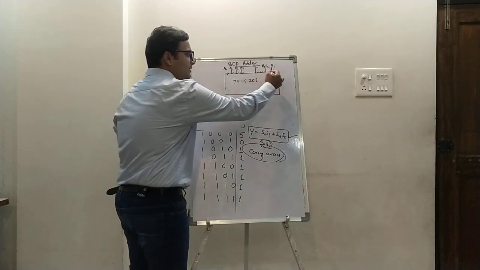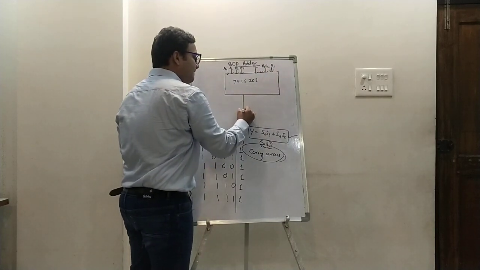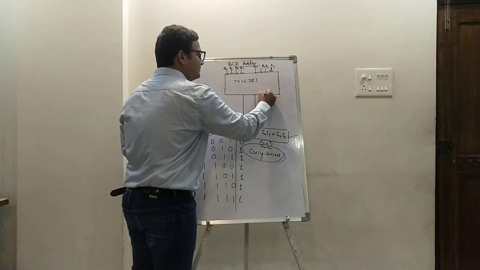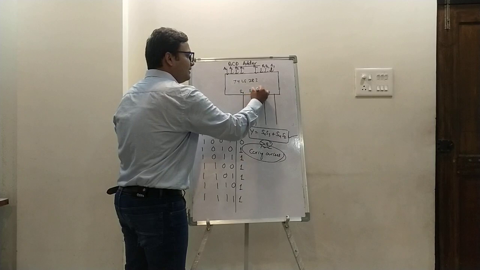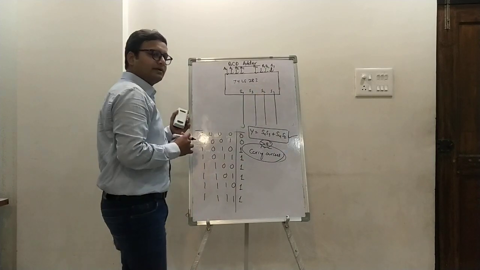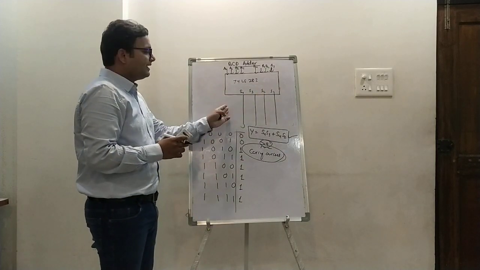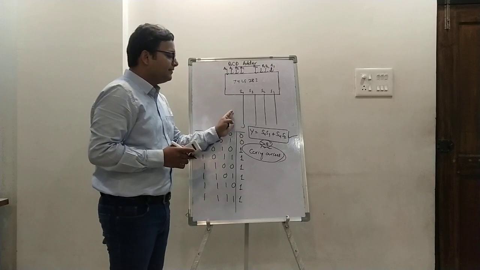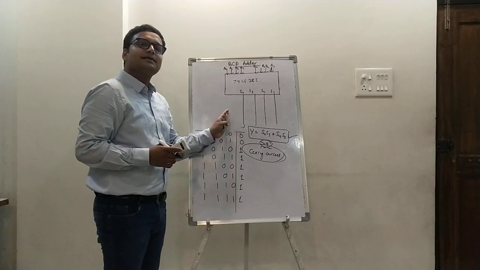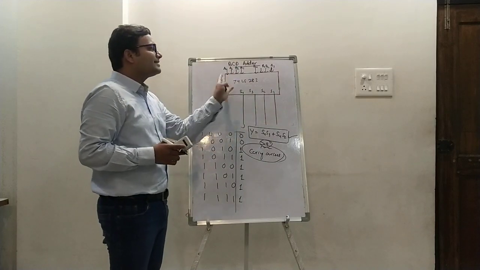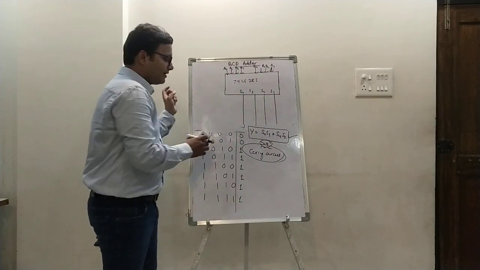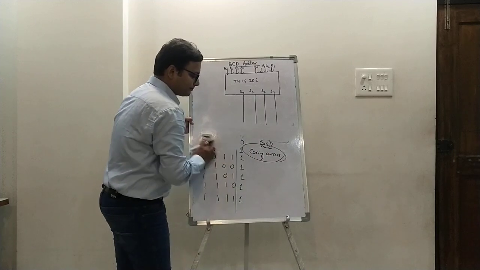So for that we would have a sum which is actually S4, S3, S2, S1. So if there is no carry, directly this will be my answer. If there is no carry, as well as my BCD sum is less than 9, whatever the answer we got, that will be the answer.